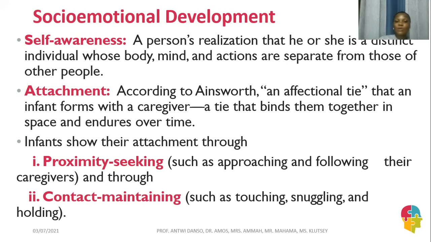They just want to be what? Close to the caregiver or their loved one. Then they also want to maintain contact. So the second point is contact maintaining. They will be touching their parents, holding on to their dresses, clinging on to their back, holding their leg, or holding their hand. So it's not only about being close to the people, they also want to touch and make